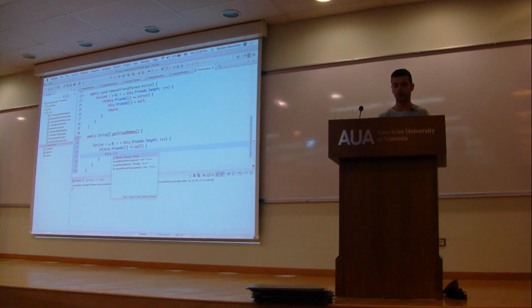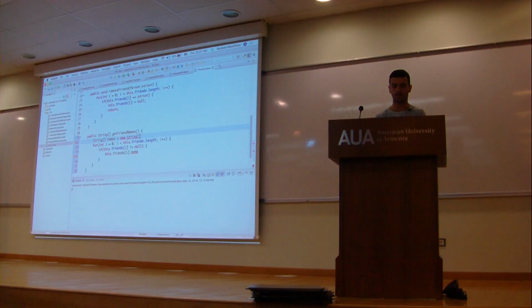So this dot friends i dot name will give me the name. Okay, so I have the name, but I need an array to add it to, right? So let me do string names, new string,